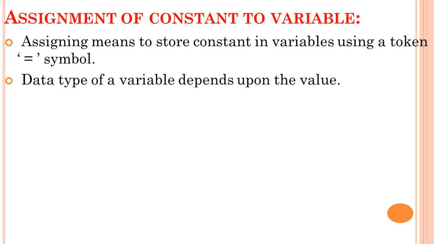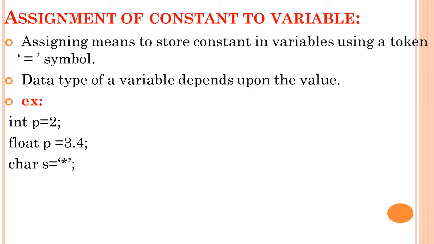Next is the data type of a variable depending on the value. If you are going to store p equals 2.2, what is the data type here? The data type will change to float instead of int. Int means you need to store only a whole number in p. The data type will change depending on the value of the variable. Here, float p equals 3.4. If you write p equals 3, we need to change the data type. Which kind of data type do we need to use? For p equals 3, instead of float we need to write int here.